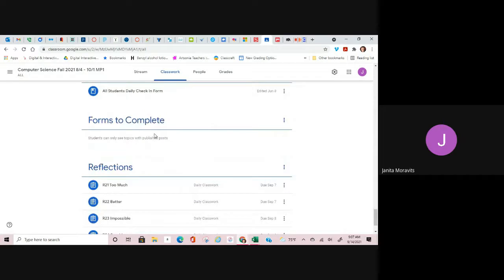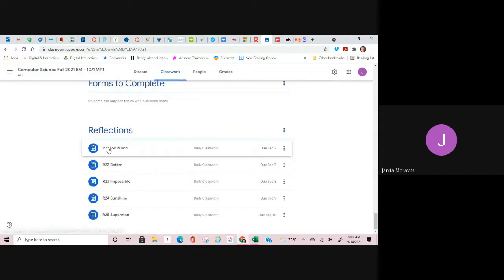All right, today's assignment, your reflections are down here. Yesterday we should have done 21 and today would be 22. But I had you working on makeup assignments yesterday. So today you need to make sure you do reflection 21 and reflection 22 so that you stay current. And if you have these done by the end of the week, that's all the reflections for this first quarter. We'll have other types of bell ringers after that.